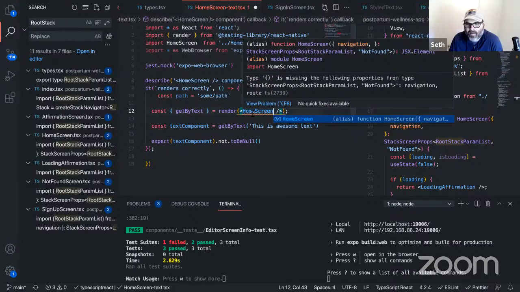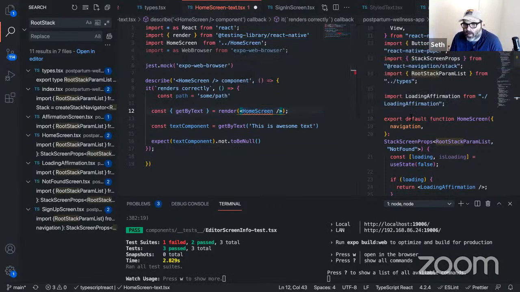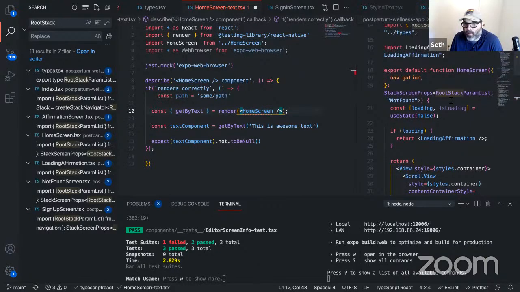Okay, so we've got these curly braces. It's missing the following properties from type stack screen: navigation and root. So go to the right side and see what the props are in the component. Okay, so we're passing it navigation. Yeah, navigation. There you go. Now we don't know what that is yet, but that's what it's saying. We need a prop essentially.